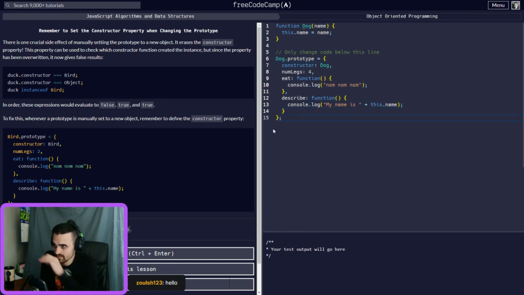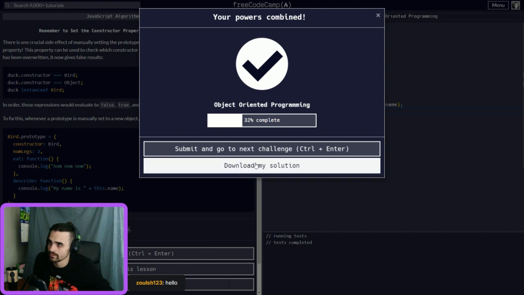So define the constructor property on the dog prototype. We already did. So now anything that's made from it, the prototype assigns the constructor as dog. Remember, these are all set values. These are all dynamic values we're adding here. They're not fixed. So we're altering the properties.